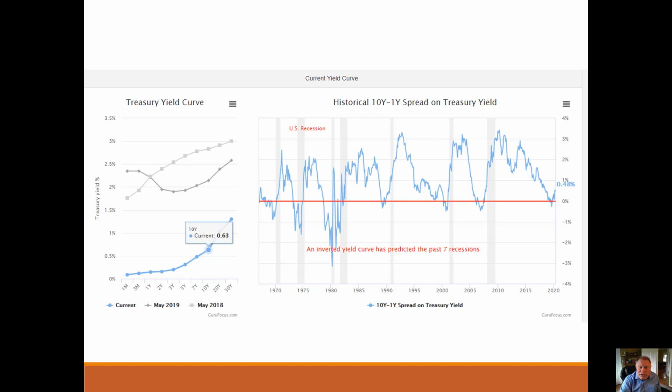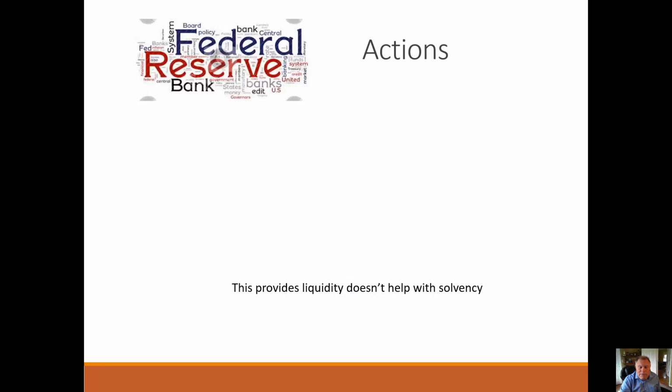Rates are very important because that's what people can borrow at, but it's also an indicator of what the supply and demand of money is. The Federal Reserve Bank is taking extraordinary actions in this time of crisis. They've done a few things. They've reduced the Fed funds target rate to 0 to 0.25%. So that means that if you can't find somebody to lend to you in the overnight market, and this is for banks, you can borrow from the Fed at a rate of between 0 and 0.25%. The other thing they've done is give guidance that they intend to keep this rate low for a period of time. The markets like financial stability.